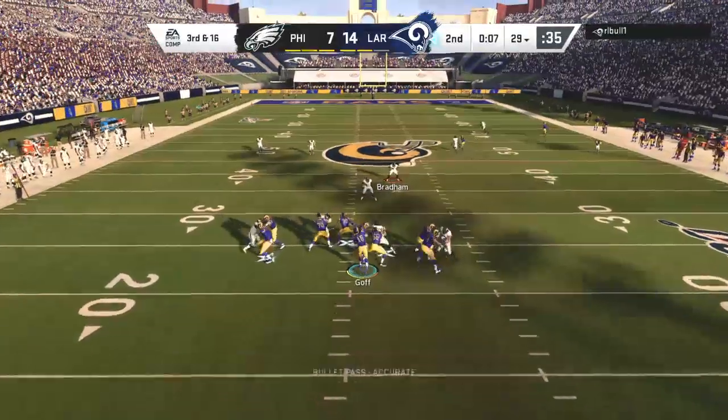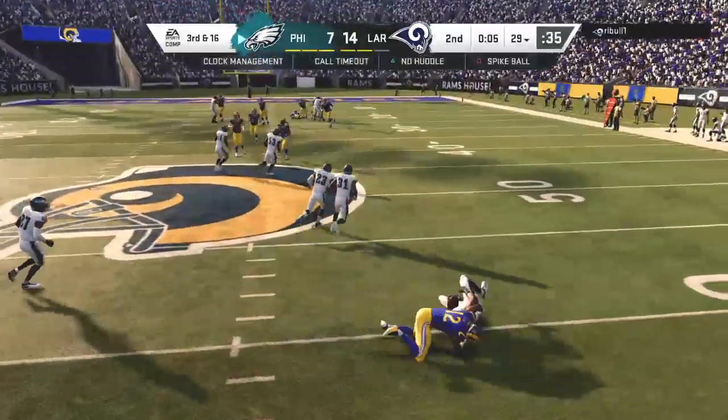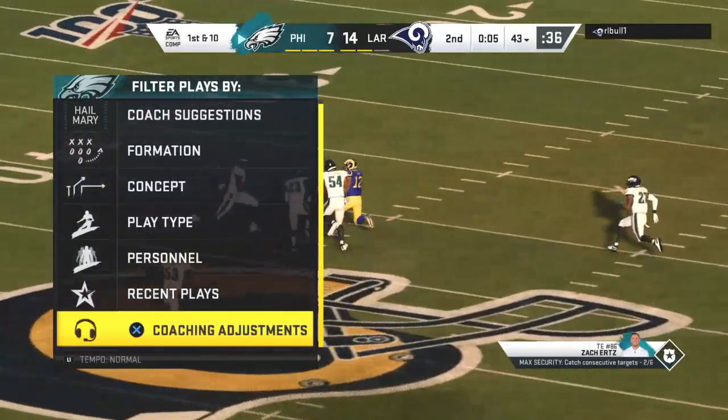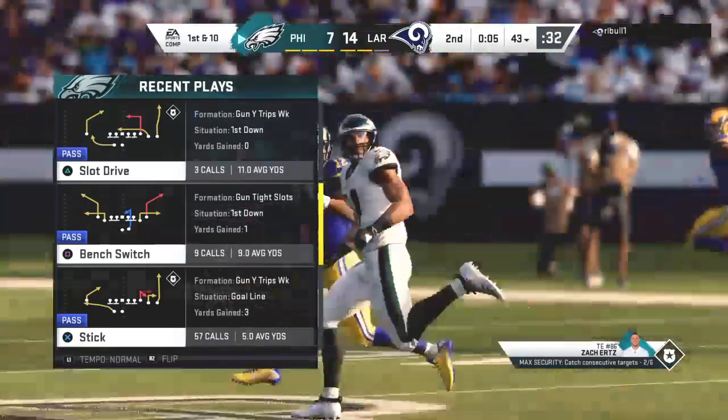Goff now looking to throw. Into a double team, and it's intercepted. Picked off right around the 43. And his guys have got it back at the closing stages of the first half, at their own 43-yard